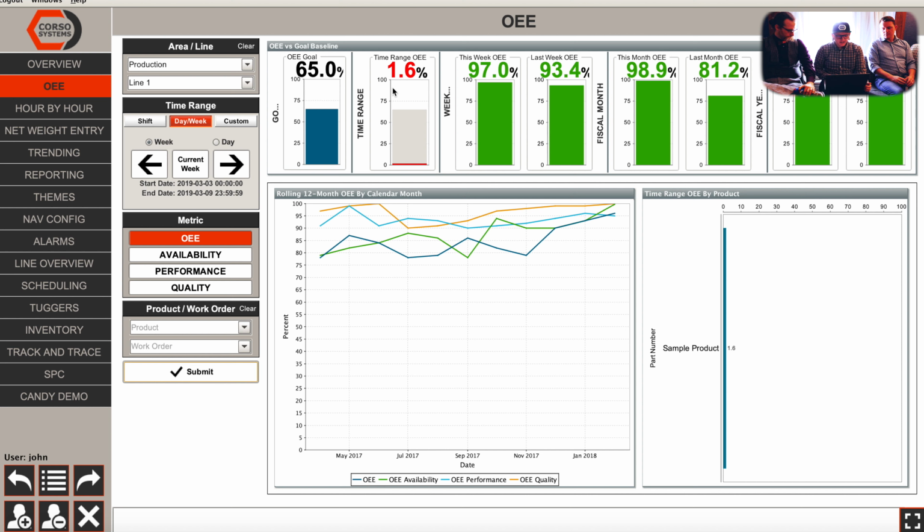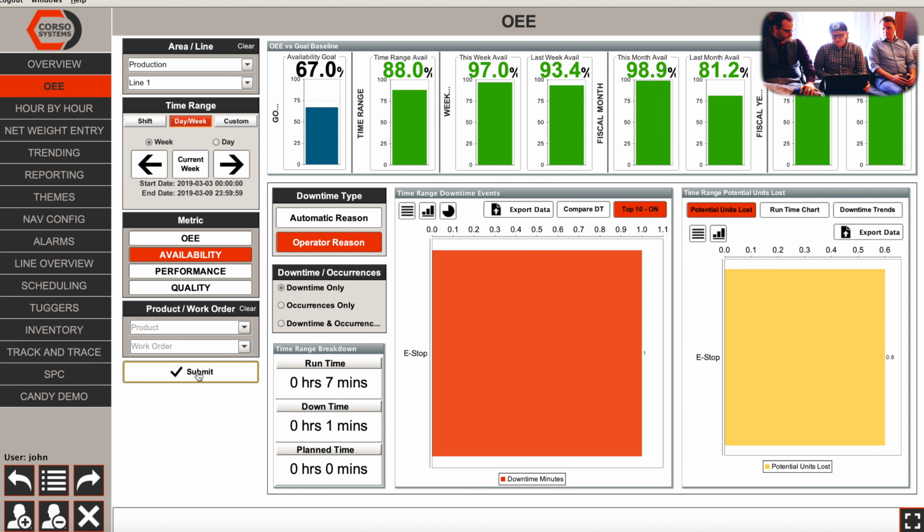We can drill down into, say, availability, which is where we start getting into OEE downtime. Essentially, downtime within OEE is the amount of time you spend not running when you should be running. And for each different production line, you're going to have a lot of different kinds of downtime. Like, for instance, if an e-stop button was pressed, we want to be able to know why we weren't running for, in this case, a minute, which is not necessarily extremely relevant for a minute, but when it actually gets